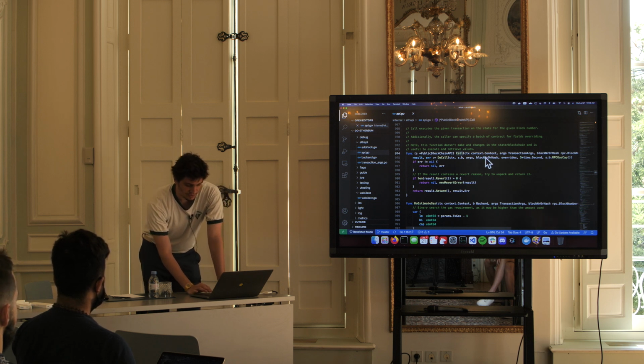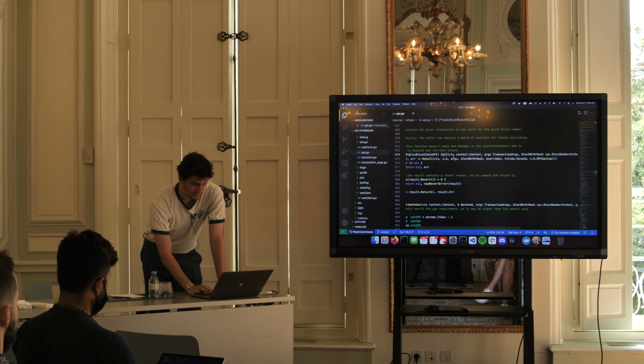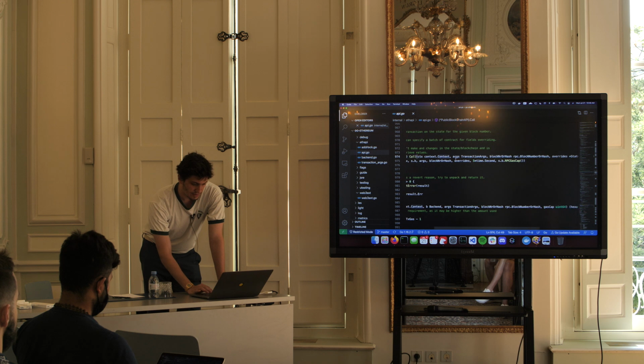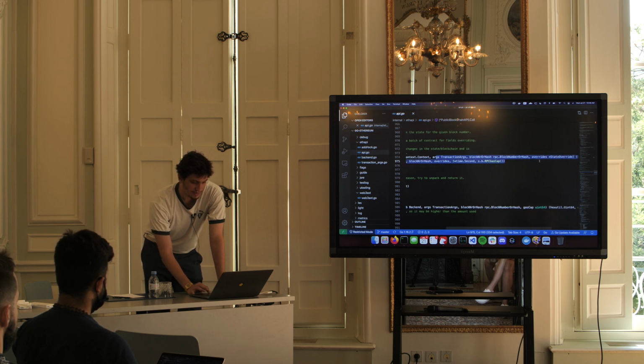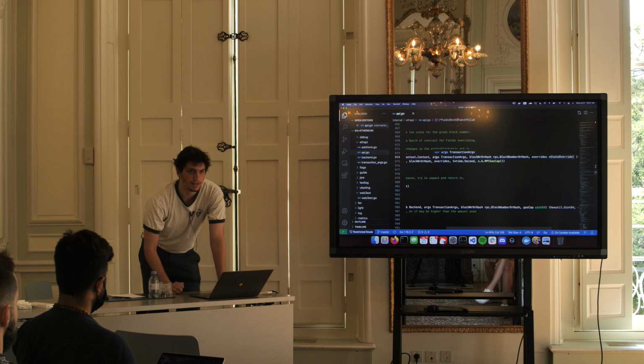And what does this thing do? I mean, so what are the inputs here, right? There's some context that, well, we don't really have to worry about that. But the interesting thing here is it's the 3 arguments to Eth Call, right? And